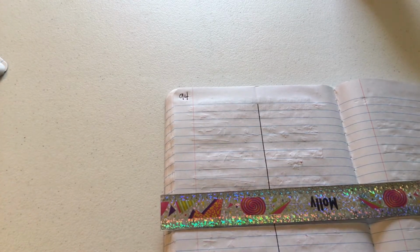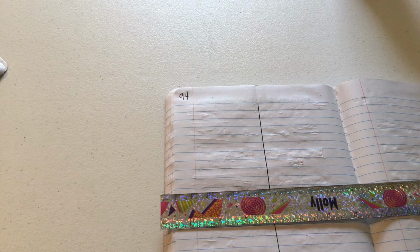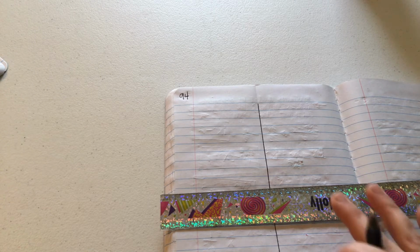Sorry, I have to get used to how I am working with this new stand I got. But so let's see, it's 9 centimeters divided by, I need to have 5 sections. So that's 4 lines in the middle. So that's about 2 centimeters, 1.8 really. I have to get better at looking at this. Or we could do inches side. Let's see, is that going to be a prettier number? Nope. So if I was going to be really precise, I could do,